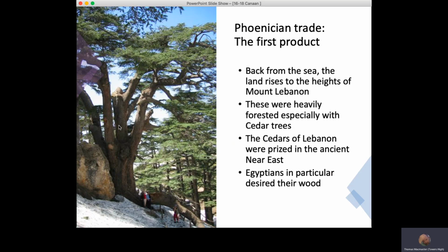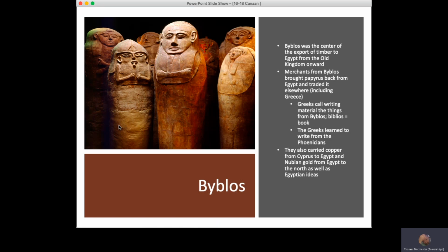The Egyptians, in particular, were very interested in the cedars of Lebanon. And even early in the Old Kingdom, we know that Egyptians are traveling up to the city of Byblos to purchase timber. Merchants from Byblos see what's going on. They build boats out of the timber from their own country, begin sailing to Egypt to sell wood. They come back with papyrus and other material. Interestingly,